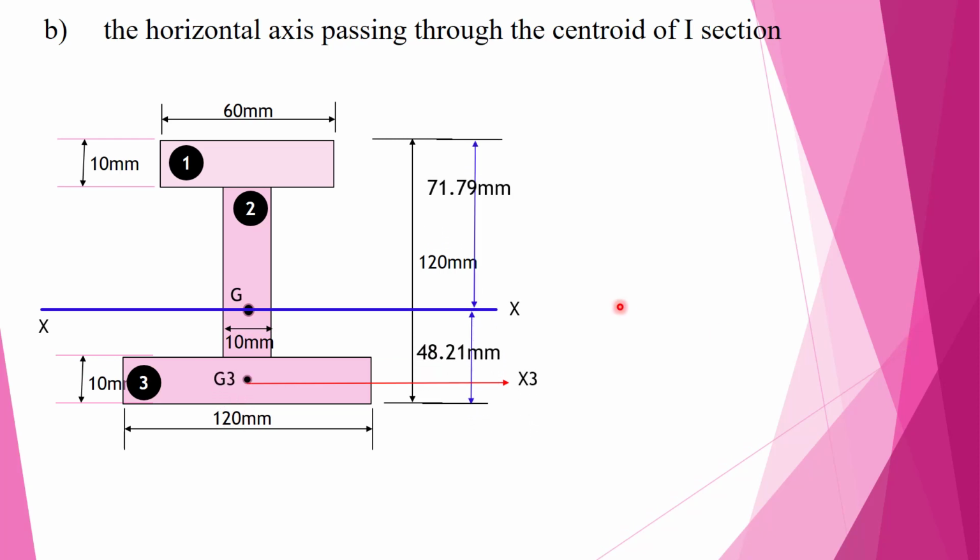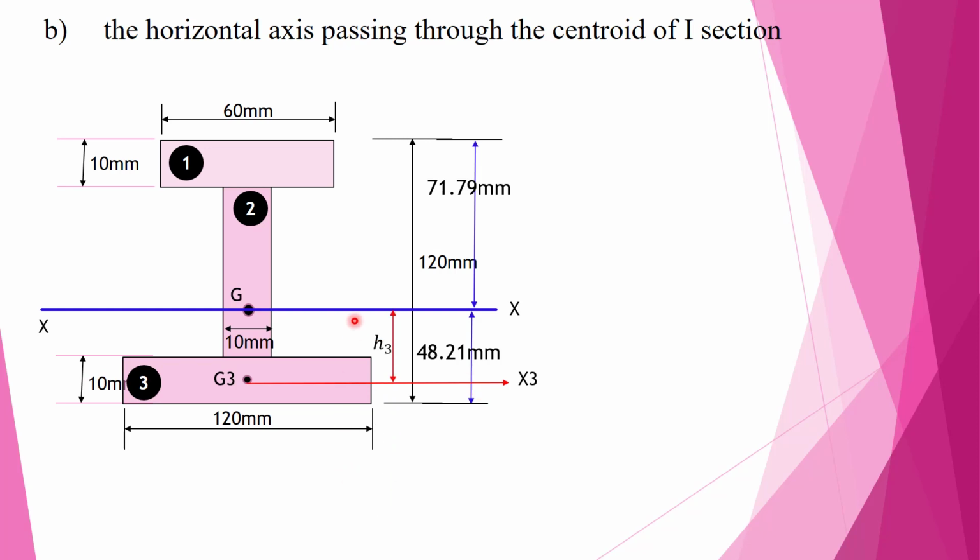Yeah, so you can mark the centroid of the third rectangular section, which will be exactly at the center of the third rectangle. So you can mark the centroidal G3x3 axis also. We know the formula for finding the moment of inertia about its own centroidal x-axis. Now, in order to find the moment of inertia with respect to another axis, that is the xx axis, which is parallel to G3x3, we can use the parallel axis theorem.